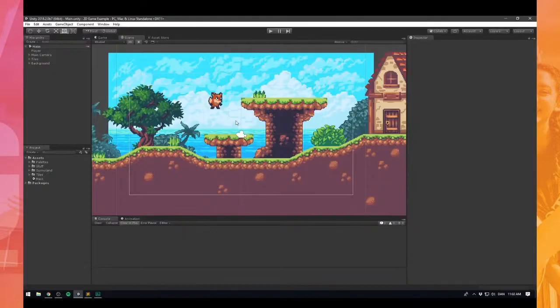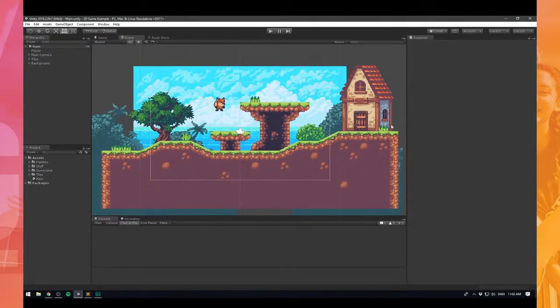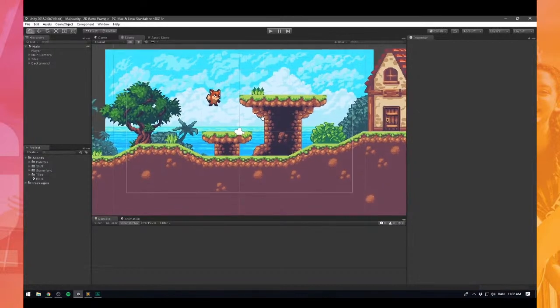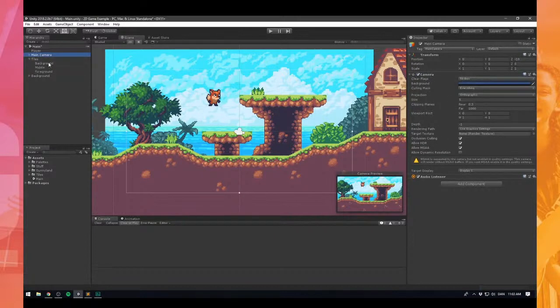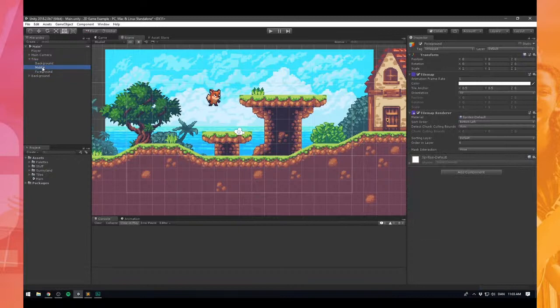So we're here in Unity, and I've gone ahead and set up a simple 2D scene using the Sunnyland asset from the Unity Asset Store. I'll of course have a link for that in the description. There's not much in here. There's currently just a player which has nothing on him other than a sprite renderer, as well as a main camera, of course some different tiles making up our level, and I've gone ahead and placed